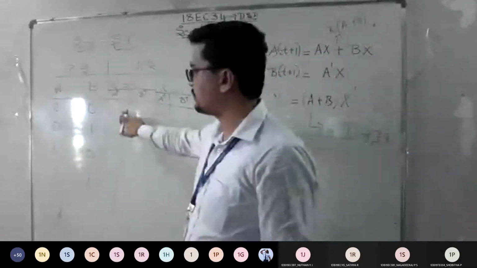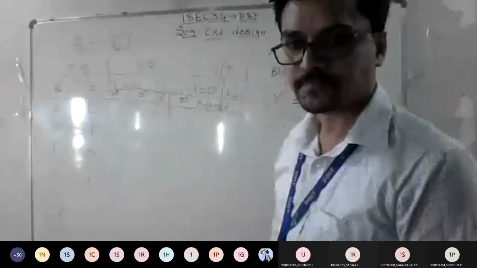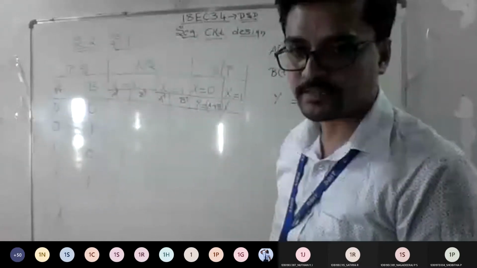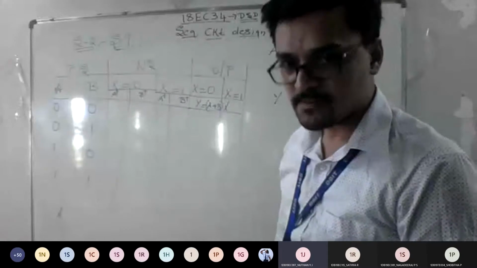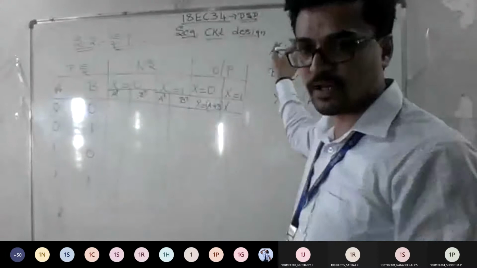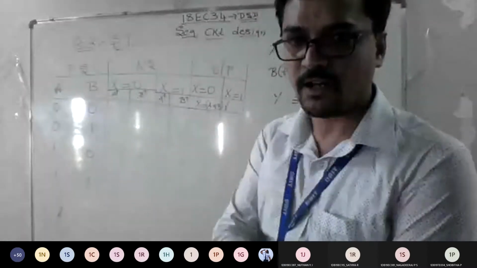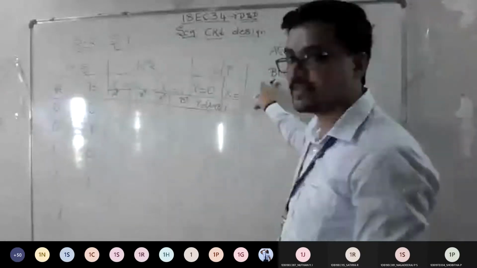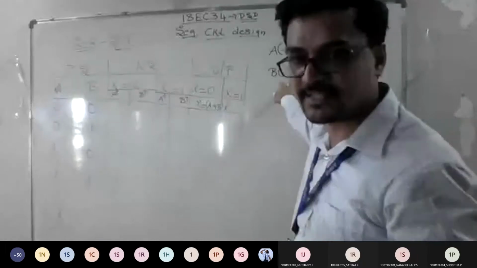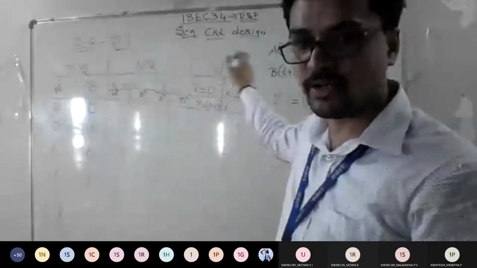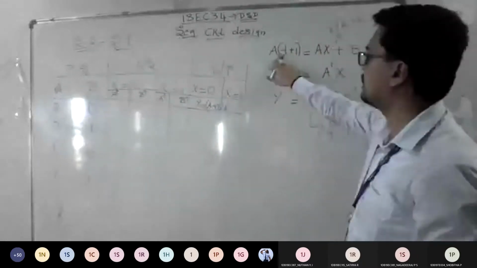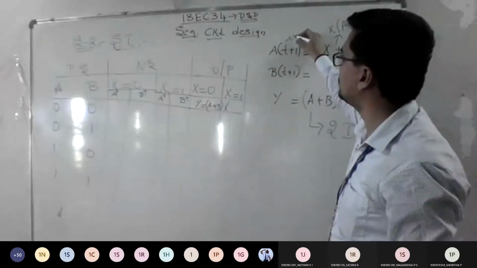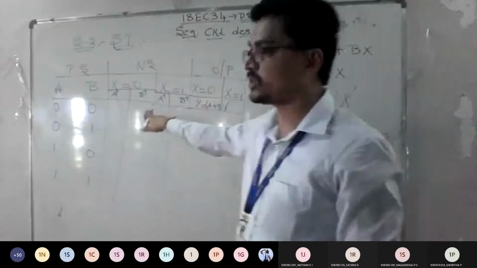Now, how to fill this table? How to get my A plus? By substituting values in the given equation, sir. Good. See, in the earlier problem we solved, this was not given. They would have given you a state diagram or a logic diagram or a state table, and from that we used to calculate. But in this, they themselves have given the equation. So earlier we used to write this equation, then we used to dump this. Now they have given it, so you just need to dump what? I already told you, A of t plus 1 is nothing but A plus. So this is what I want to calculate.